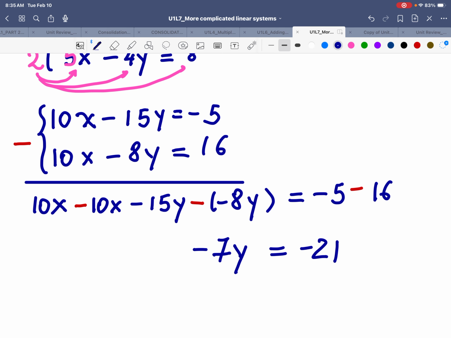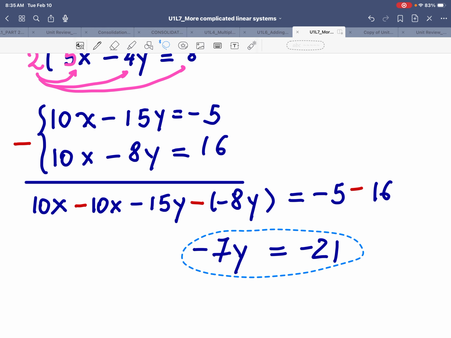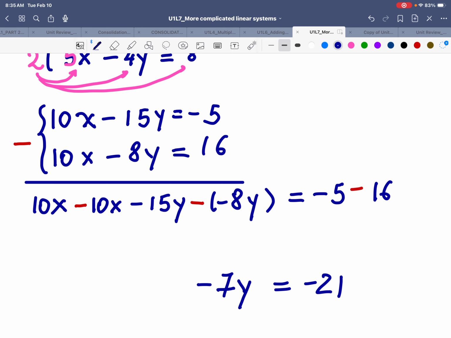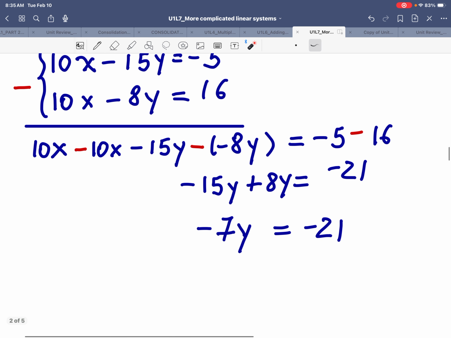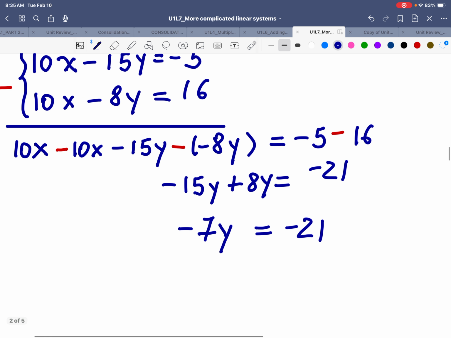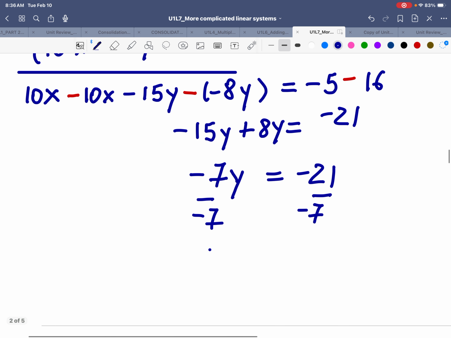Now, if you want to see this better and you want to actually show the steps, you can write an extra step, negative 15y plus 8y equals negative 21, and then these two will simplify to 7y. But if you're writing a test, it's not a necessary step unless you want to keep it there. And now you are isolating y from negative 7, divide both sides by it, and then we get that y